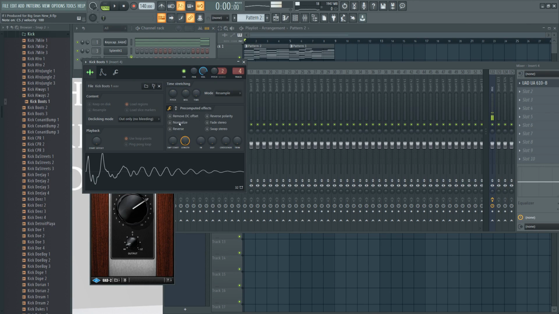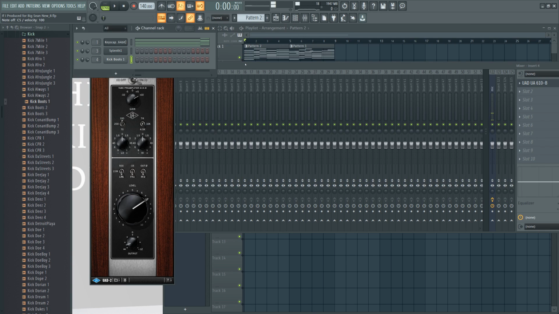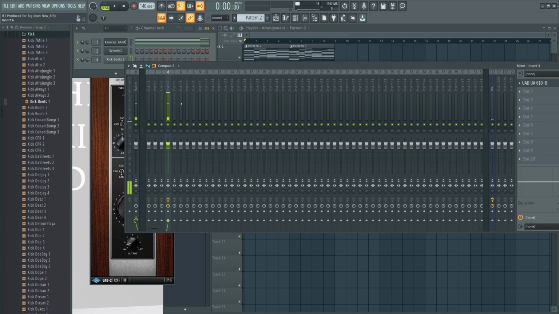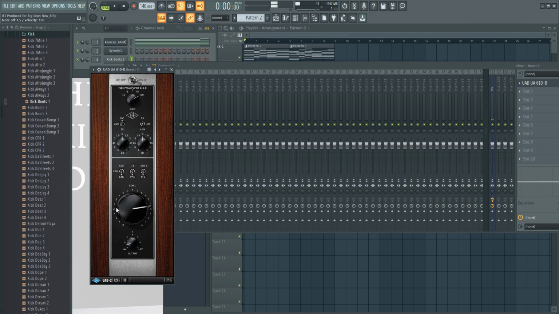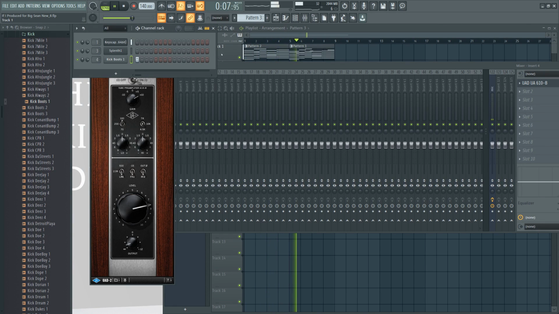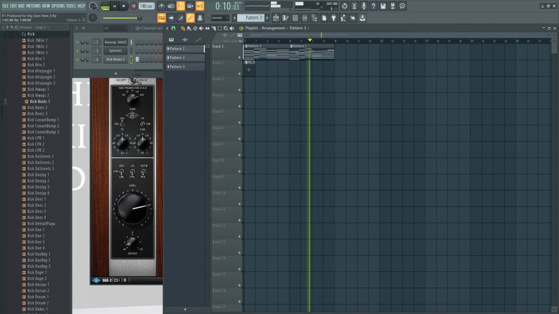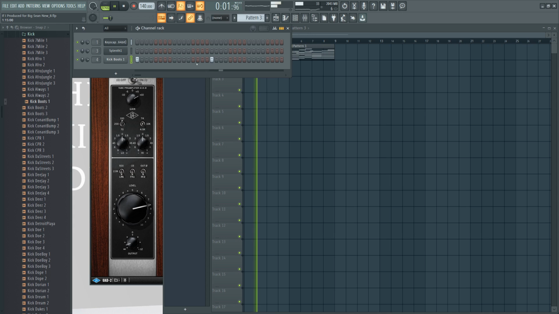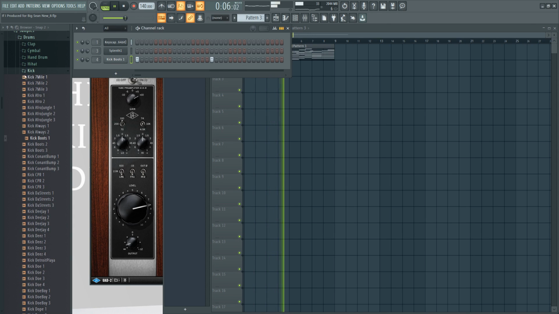Now the kick doesn't feel like a wimpy thing. Gonna keep a simple kick, boom, boom.